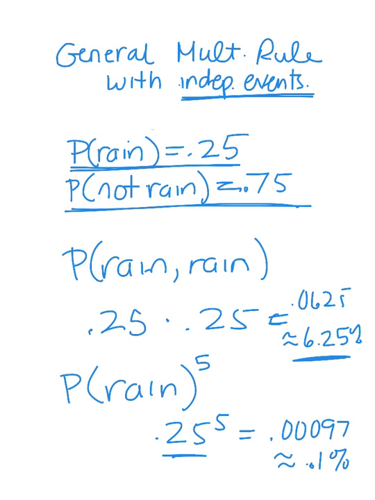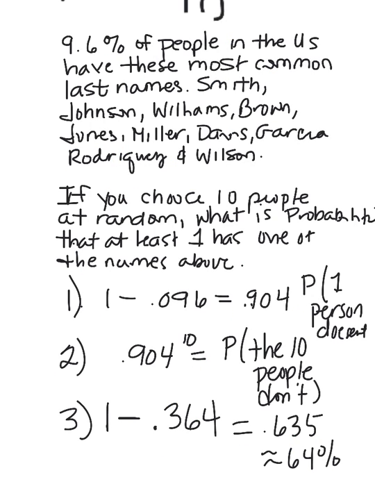Now we're going to get into a tricky kind of problem that I need you to think about. This isn't saying that it's going to rain all 5 days. The next kind of problem is asking you to say at least one of the days. And the last thing, this is a gnarly, confusing thing in my opinion. You're going to have to use your complements. So there are some problems where we're looking at the general multiplication rule, and the general multiplication rule says if we want to know two independent things,